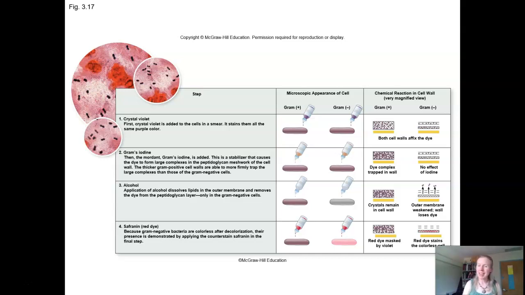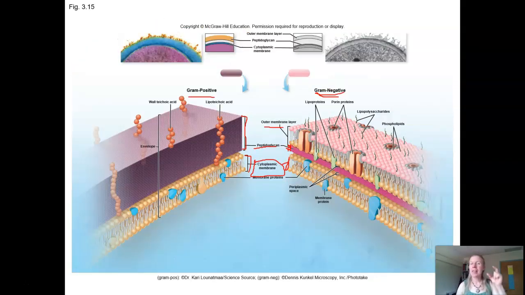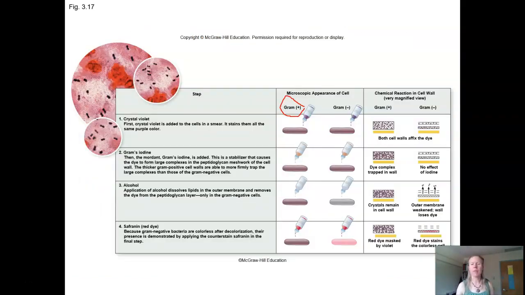Now, we'll do some gram staining in lab so you can see this in person and figure out how this works. But I'll just say this, right? A gram-positive bacterium, at least for now, when we go through this process of staining it, it ends up looking purple. Purple, positive, thick peptidoglycan. Okay, a gram-negative bacterium, when we go through this whole process of gram staining, it ends up kind of reddish,